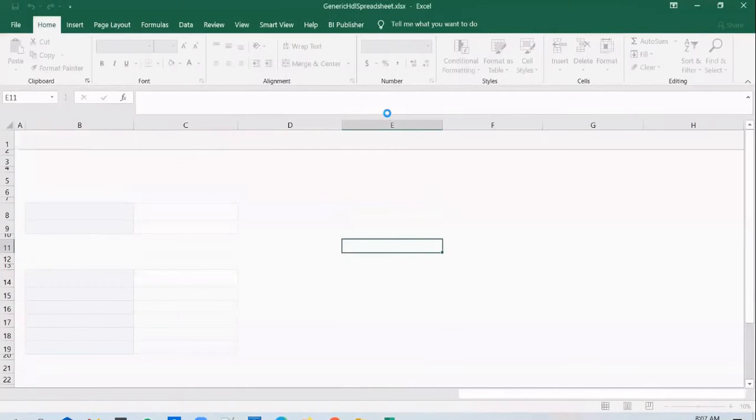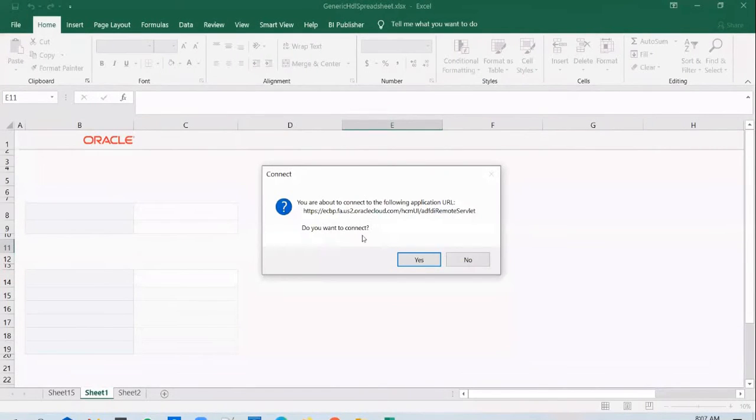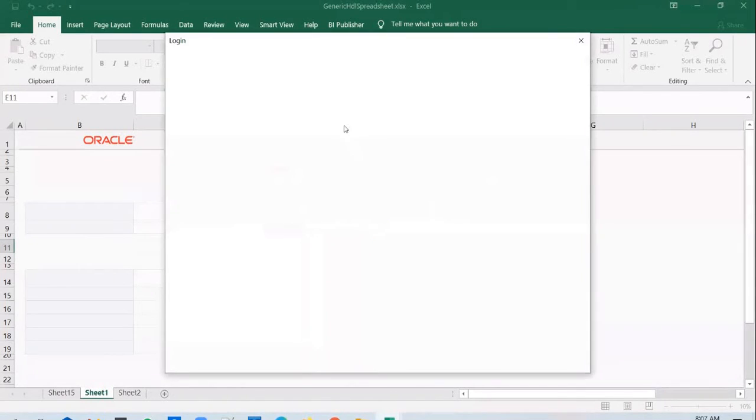Enable it. And again, you know what is a prerequisite to get this pop-up, right? You need to have the ADFdi plugin installed. In case you are hearing it for the first time, look at the previous videos. I've explained what software or plugin needs to be installed for you to see this pop-up. Connect to the instance.